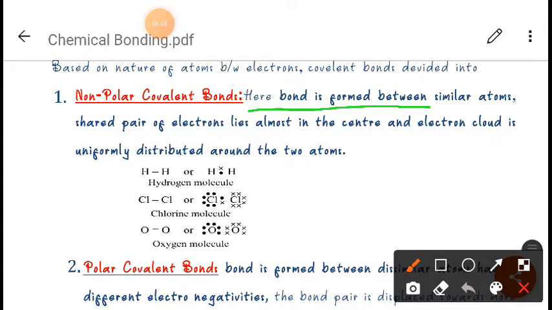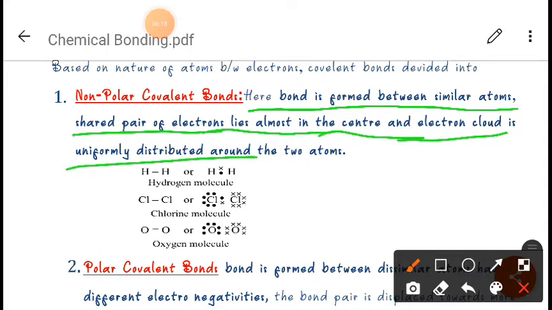Here the bond is formed between similar atoms. The shared pair of electrons lies almost in the center, and the electron cloud is uniformly distributed around the atoms. Means a non-polar covalent bond is generally formed by the same, similar atoms. And since similar atoms are forming a non-polar covalent bond,